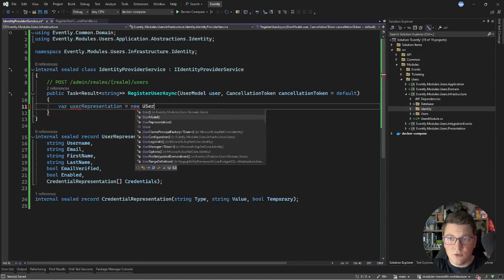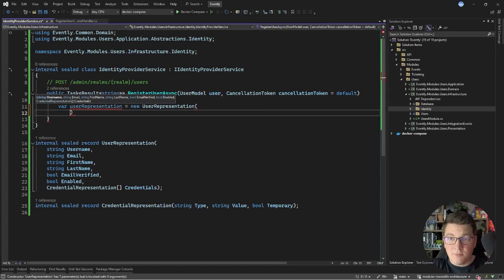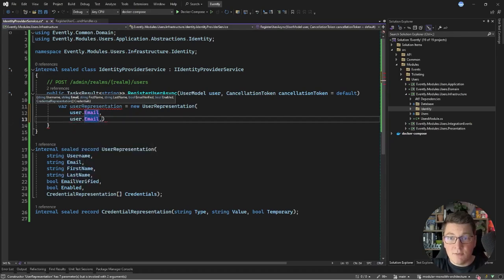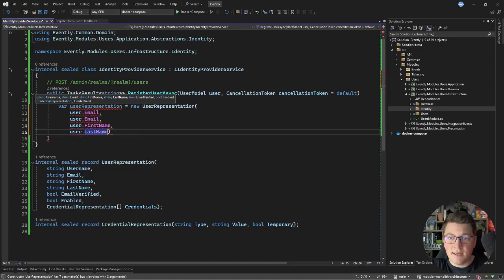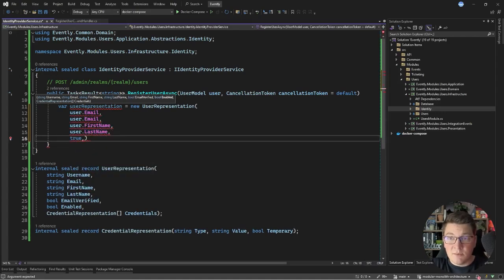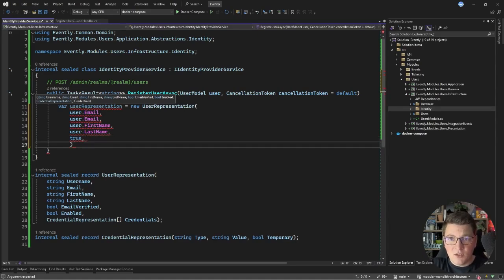So let's create a new user representation object, and let's start passing in the required properties. I'm going to use the email from the user model as the username in this request, and I will specify the same value for the email. Then we have the first name and the last name of our user. I'm going to set email verified to true so that we don't have to go through this step, but in reality you may want to set this to false to force the user to verify their email. I'm also going to set enable to true so that we can immediately log in once we register with Keycloak,